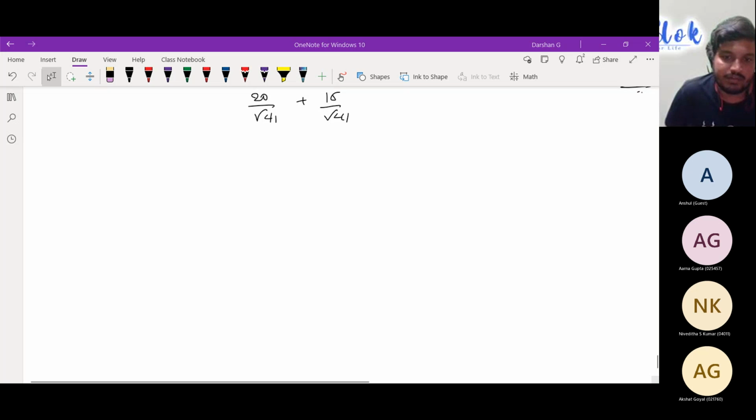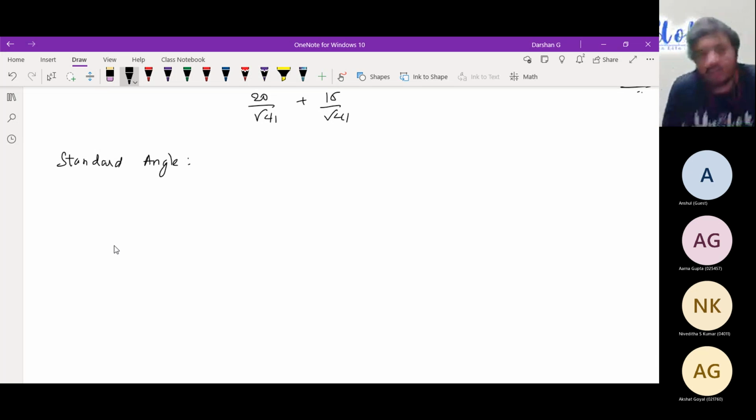So next one, I'm going to trigonometric ratios: how to find trigonometric ratios of 45 degrees, 60 degrees, and those. But I'm not literally concentrating on how to find it because the textbook anyway tells that. I'll concentrate on how to write the standard angle table, where you write for 0 degrees, 30 degrees. That becomes a by-hearting thing. Most of the students struggle in that, so I'll be explaining that.